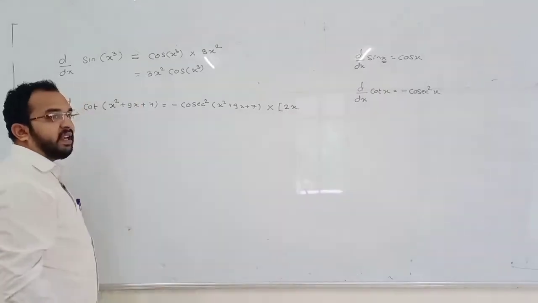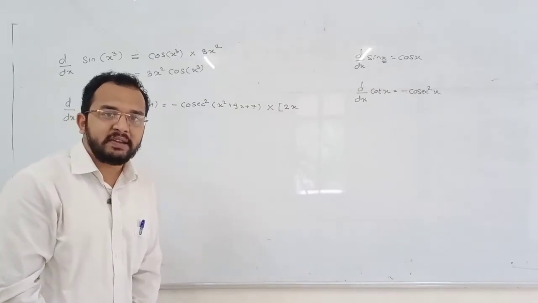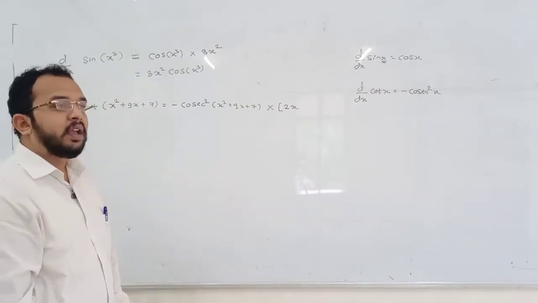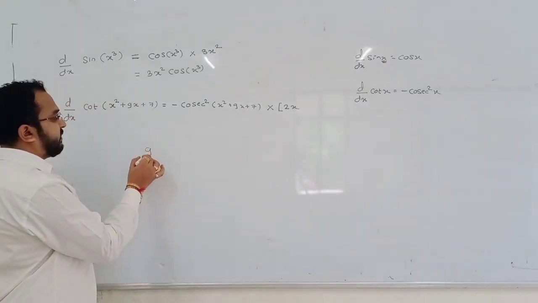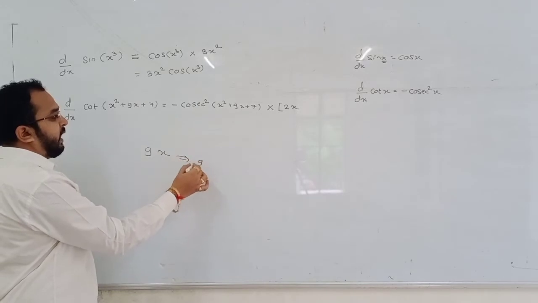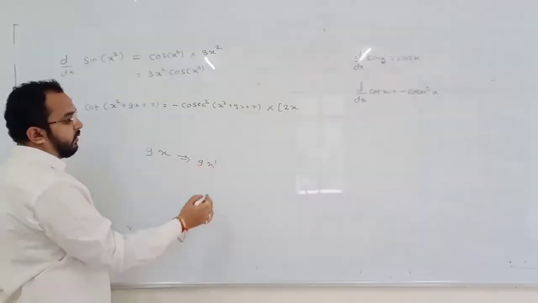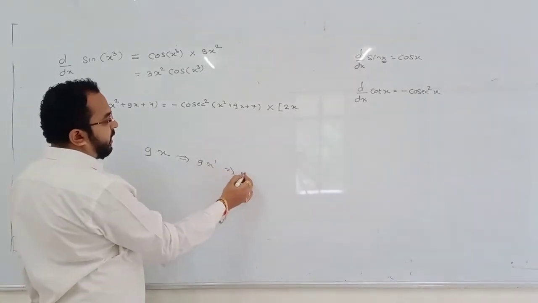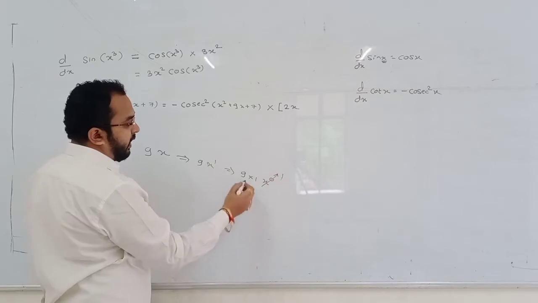What is the differentiation of 9x? Differentiation of 5x is 5. Differentiation of 7x is 7. Differentiation of ax is a. In the same way, the differentiation of 9x is 9. Actually, it's very easy. As nothing is mentioned in the power, its power is 1. When this 1 comes to the numerator, it will be 9 into 1, x to the power 0. Something to the power 0 is 1. So 9 into 1 is 9.